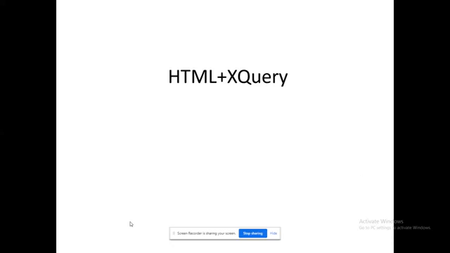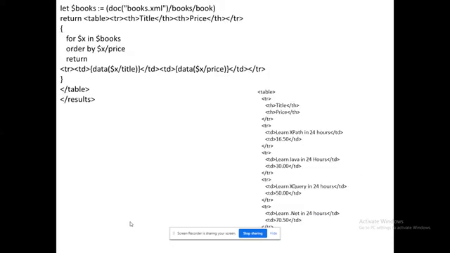Okay. How to use XQuery with HTML? See the program on the left side of the screen. You have a program that is within the XQuery itself. What I have done is construct a formatted output. Can you understand that? What do I need to retrieve? From the books.xml program, I am returning a table. Inside the table, the data retrieved from the XQuery must be available. That is the thing that I want to retrieve.